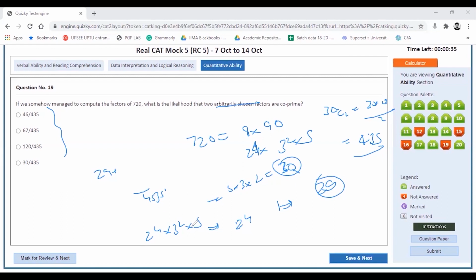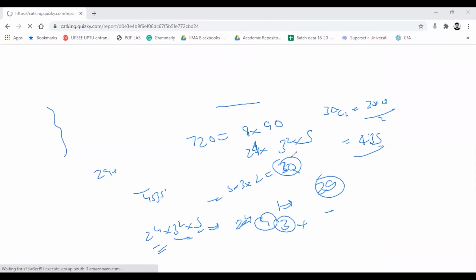Powers of 3, parts of 3, 4, parts of 2. Okay, so if I take 5 and then 2, then the total answers can be 4, then 5, and 3 total parts can actually be 3. Similarly, if I take 2 and then these and these, then that would give me